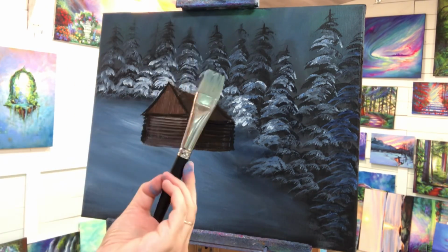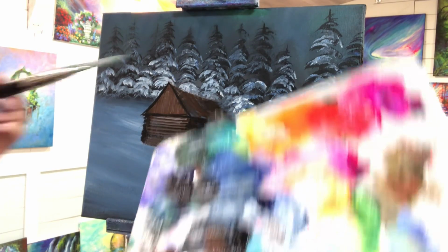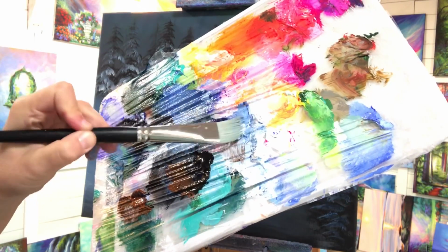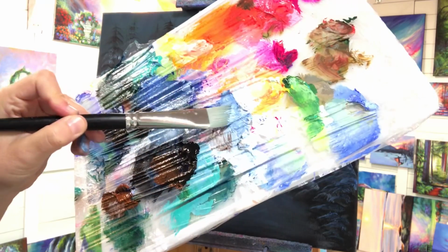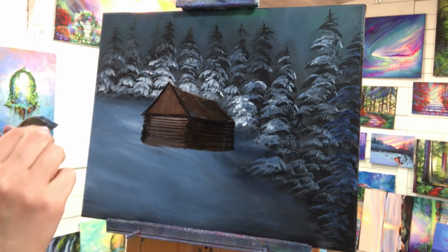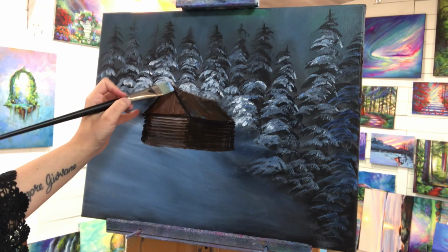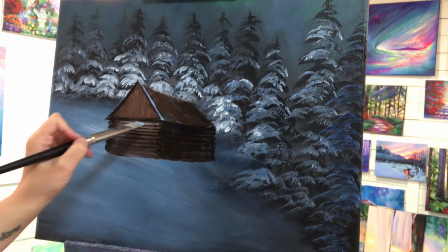Okay, so I've got a clean flat brush here, and I'm going to take my blue-gray color. You can use a little bit of the ultramarine blue too, whatever. Okay, and these loose hairs. Living with 3 cats and a dog, it's constant hair. Okay, I'm just gonna slide down this side